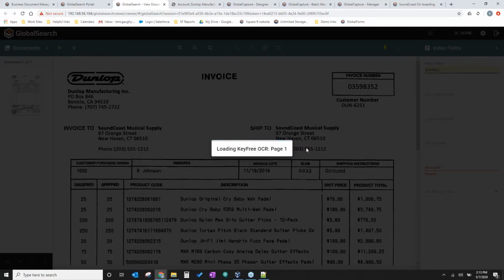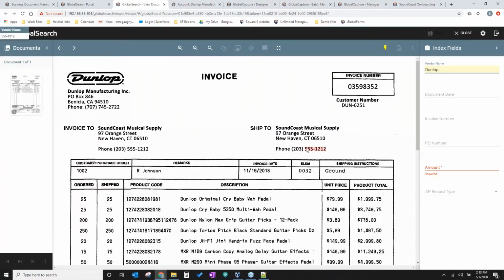So what we're going to do right now is take that document, which was a flat image of a PDF of that invoice, where none of the text was searchable. So we just did an OCR, optical character recognition, on this document, and now we've pulled all this text out of the document where we can use it to index off of. In this case, I'm on my vendor name, and when I hover over something, you can see where it's pulling that information from, and it actually tells me what index field I'm on at this moment. So I'm just going to go ahead and fill out Dunlop Manufacturing.